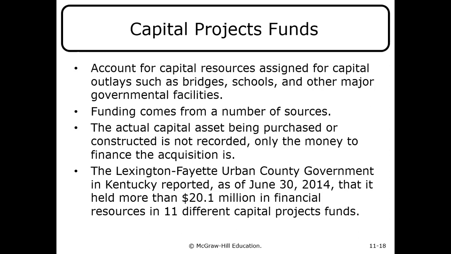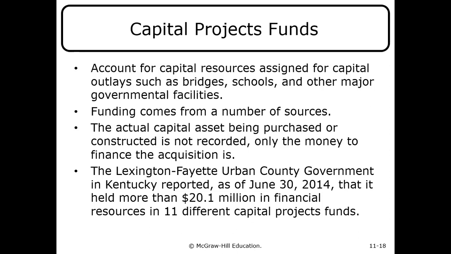So this is where we're putting money to purchase the assets. The funding for these projects normally comes from a number of sources, maybe grants from another government, sale of bonds, governments sell bonds as well, or money from the general fund,